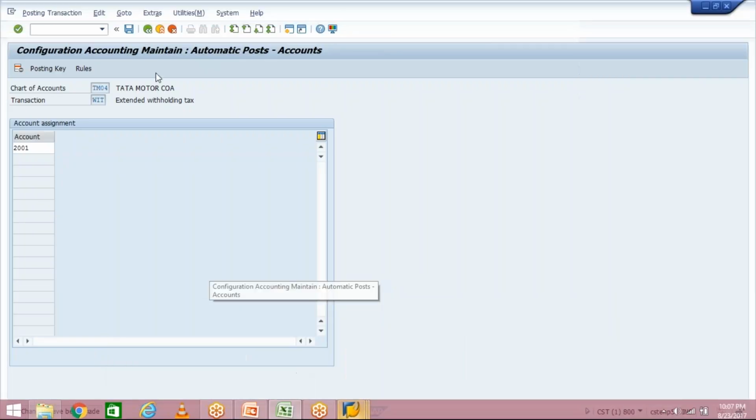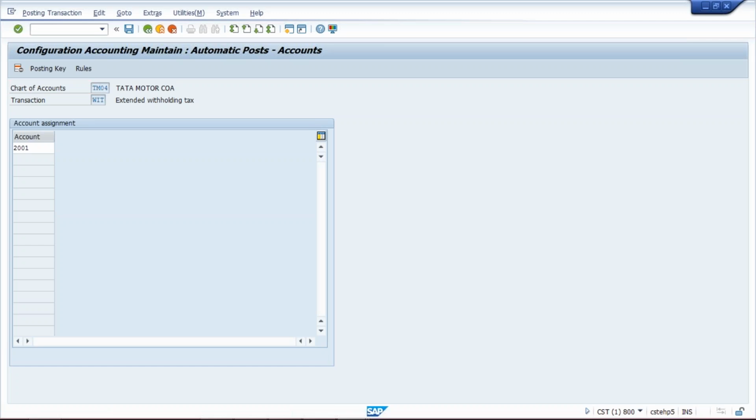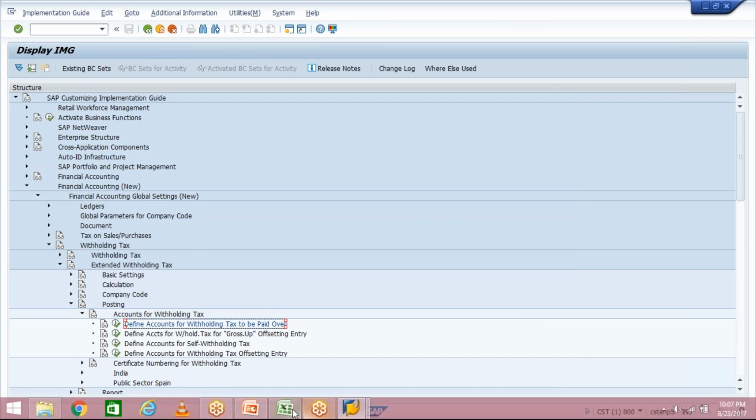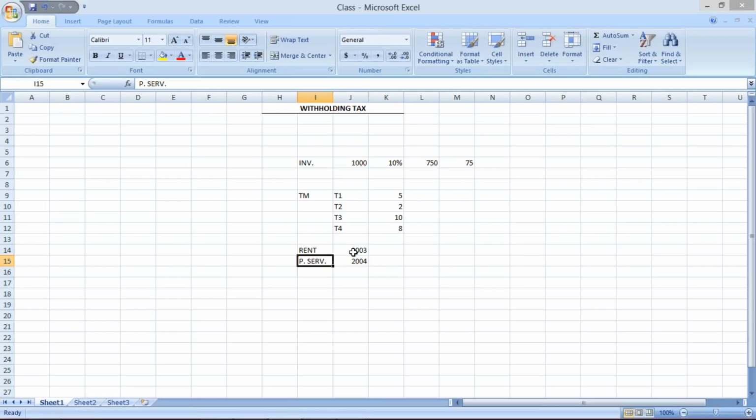What I'll do one thing, guys. Let's suppose we are having rent and audit fee. Rent is coming under a different section code, audit fee is coming under a different section code. At the time of rent, the government says only 5% you have to deduct. At the time of this one, only 10% we have to deduct.